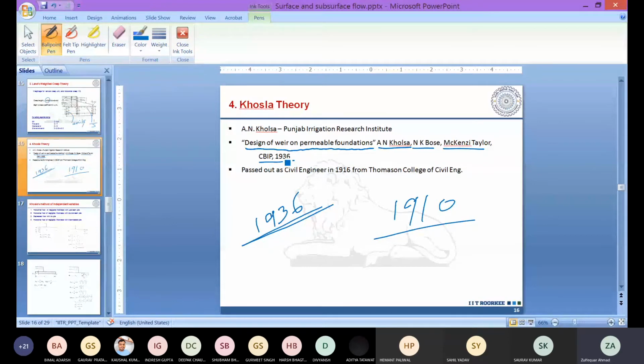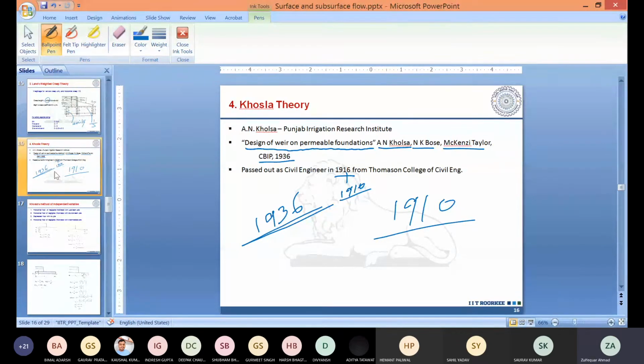One thing more that I want to introduce to you. I think I have to check. I have written 1916. I think this is 1910. Please check this, brother. As far as I remember it is 1910; the 1916 was written by mistake.